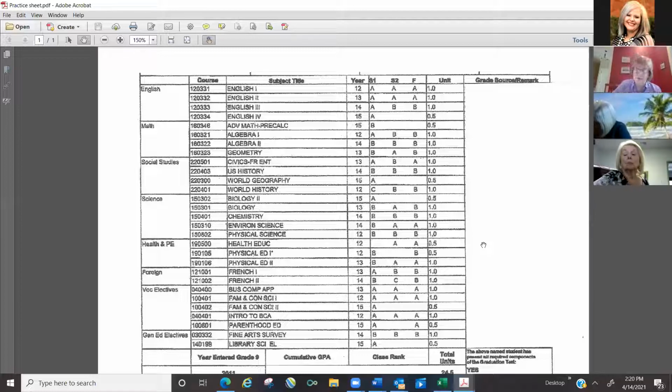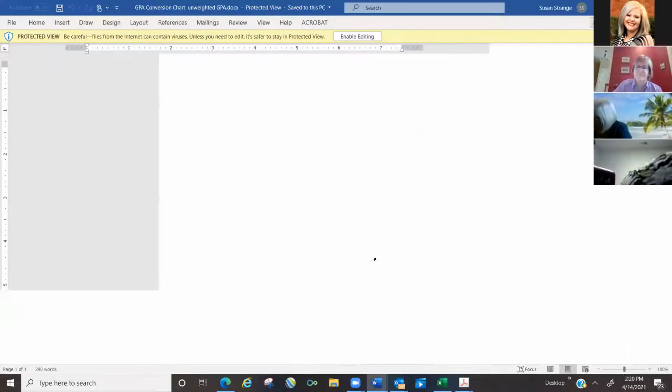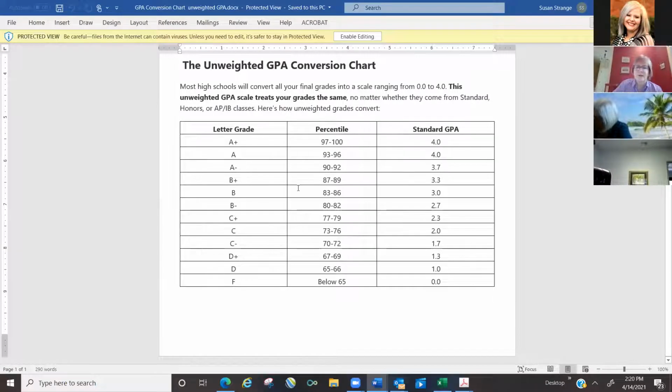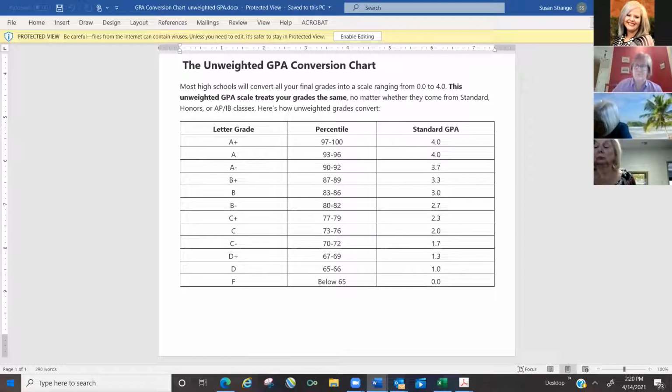So if you go back to your conversion sheet, you know that an A is worth 4 points, and a B is worth 3 points. So you want to multiply your 11.5 times your 4 points and your 13 times your 3 points. So it'd be 46 on the A, and that's 39 on the B's. That's correct. And then you add those together and you get